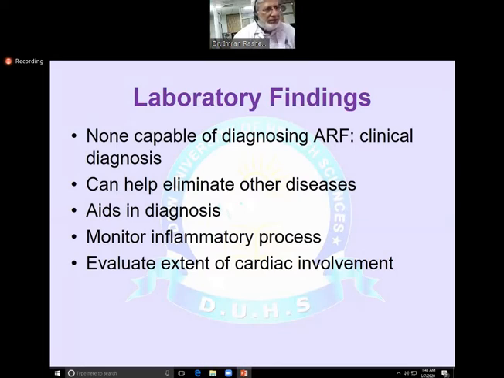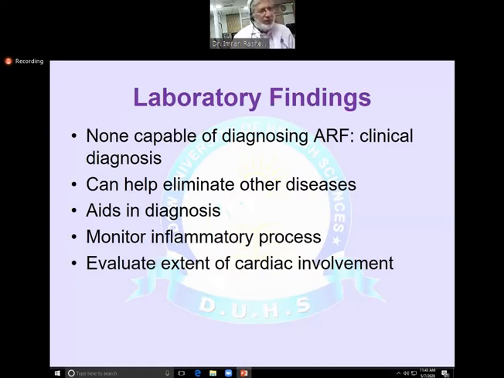The help of laboratory findings is that they help in monitoring the inflammatory process. Usually in these patients of rheumatic fever, the ESR is raised. So we monitor the erythrocyte sedimentation rate, ESR. And if it is gradually decreasing over a period of time, that will help us in noting that the child is gradually improving. And the other advantage of laboratory findings is that you can do the echocardiography, and that will